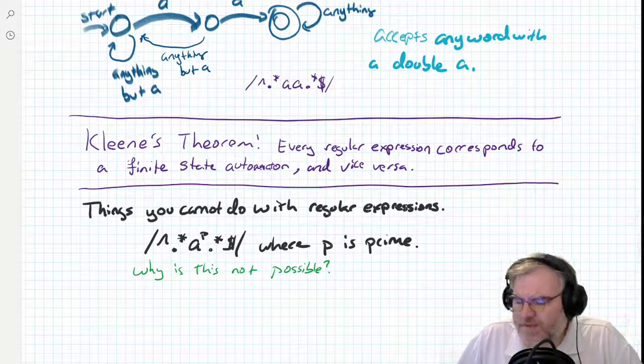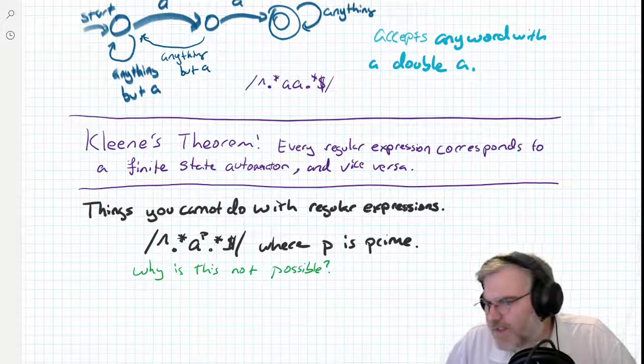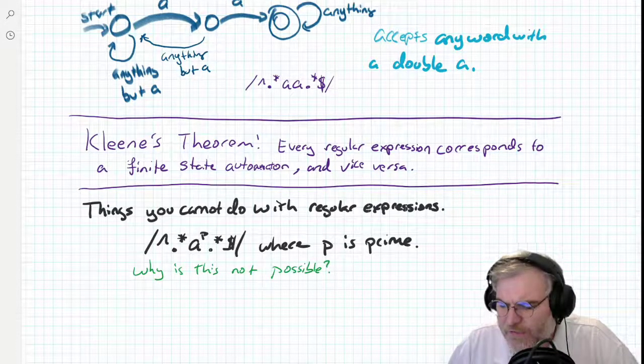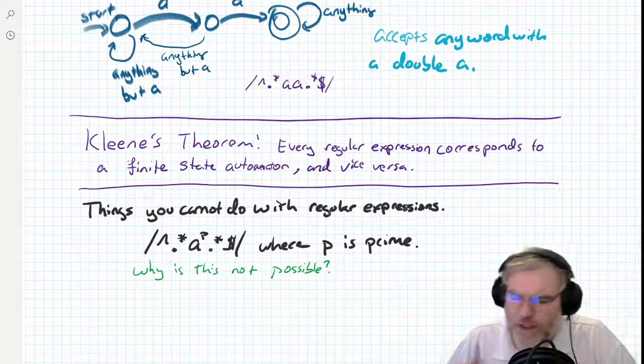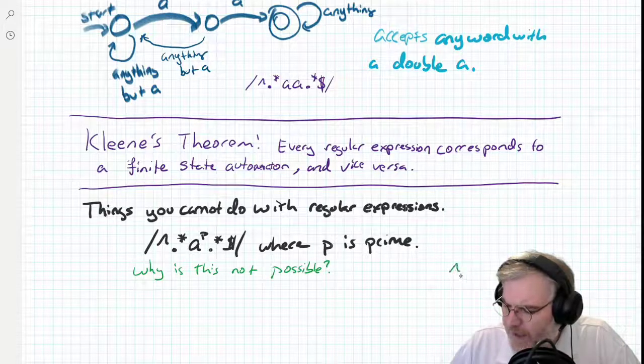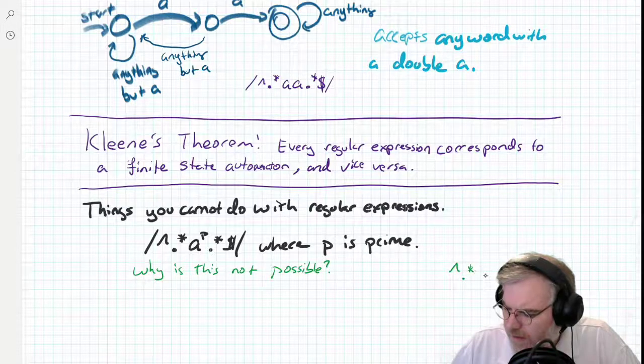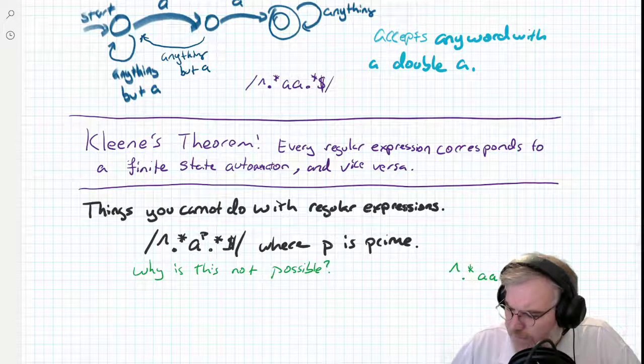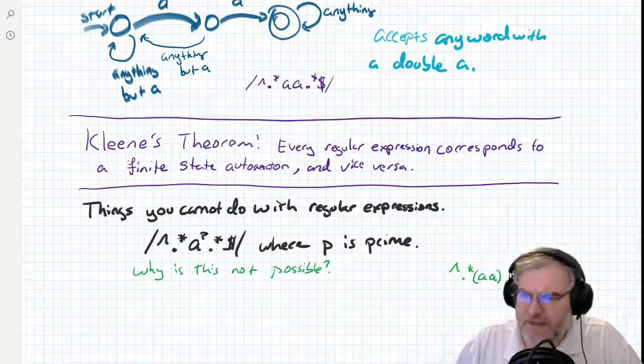Yes, so it's not possible because there are infinite prime numbers, but there are an infinite number of even numbers as well. And I can do one with infinity. So there's something more to this, right? I can do something like this. This part right here, I can do this. And I can also do something like this. So I can do two ways. I can also do even A's, by doing odd A, by doing any number of A's.